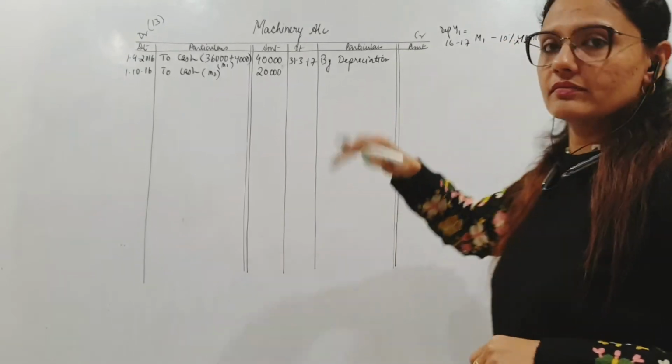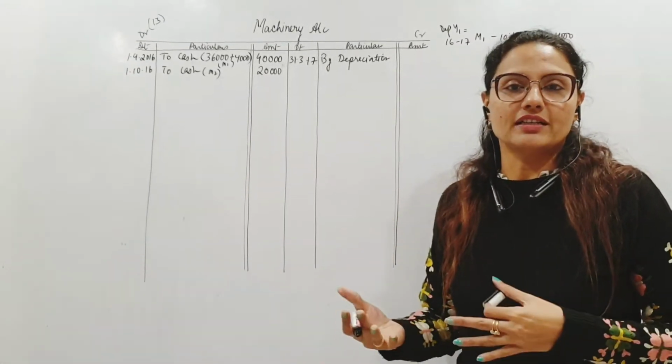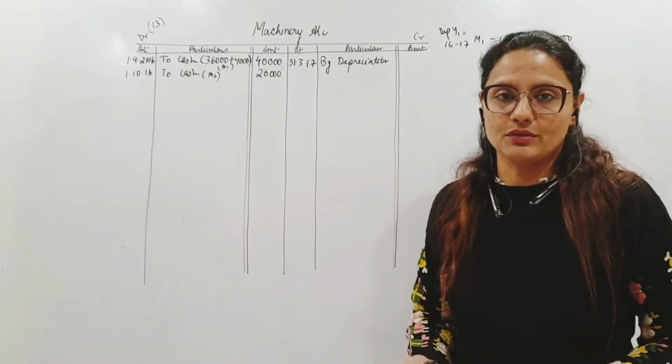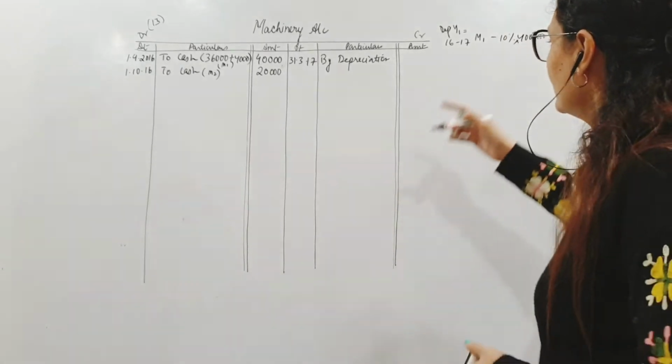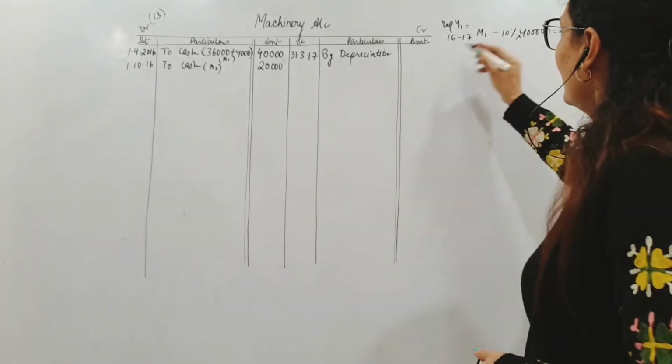4,000 depreciation होगा. See, written down value method or straight line method, first year में depreciation same ही होना है, both the methods. Second year से of course it will start changing. And M2,